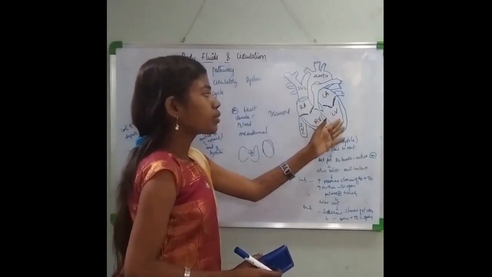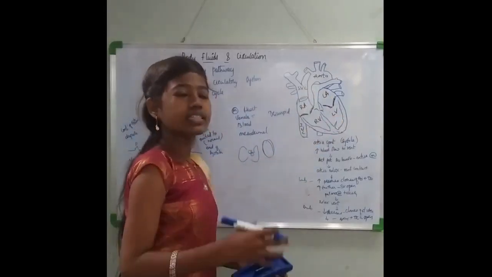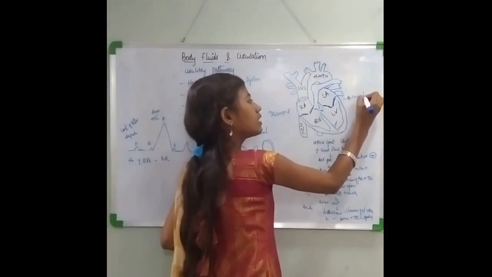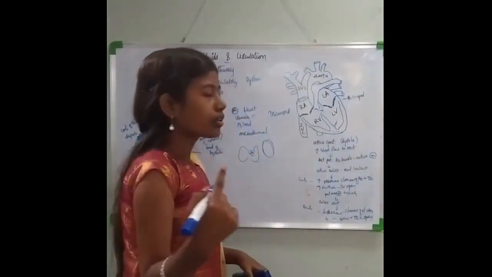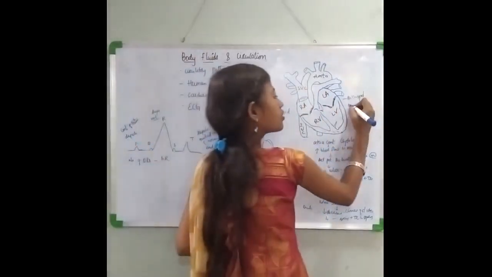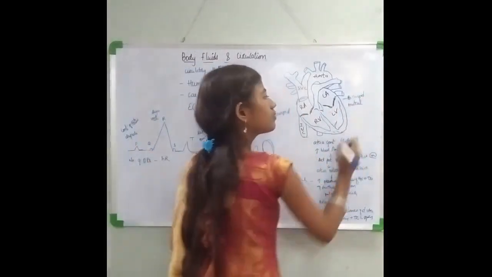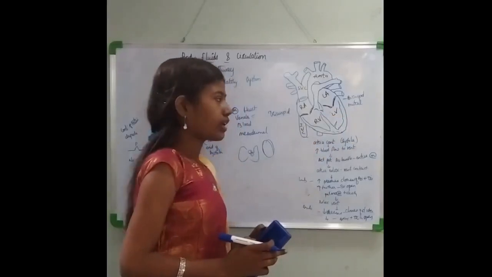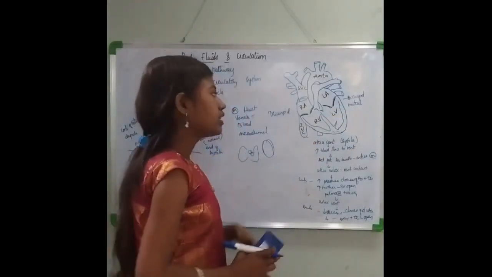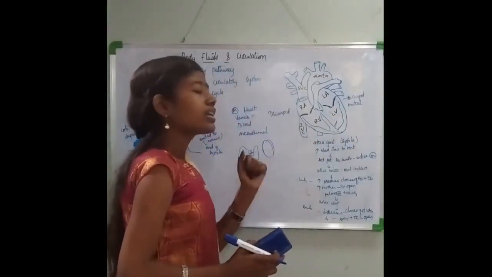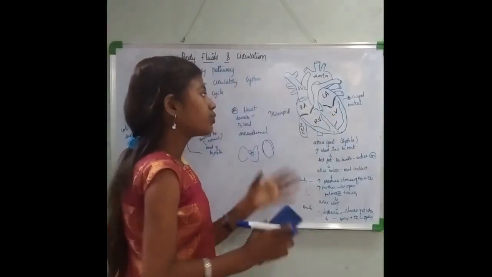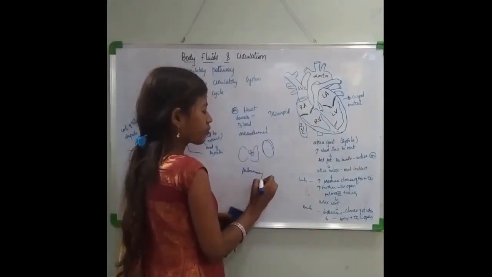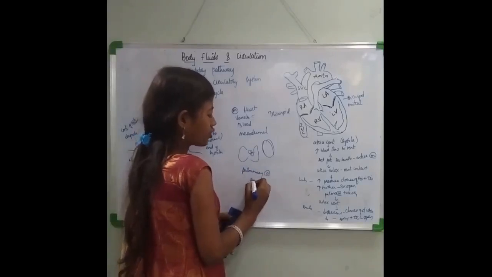Whereas the left atrium is opening into the left ventricle and it is guarded by the bicuspid valve. That means it has two muscular flaps. The bicuspid valve is also referred to as the mitral valve. So here you have the tricuspid valve, here you have the bicuspid valve, which is also referred to as the mitral valve. Now these are the valves. Now there is also a valve which will direct the opening into the pulmonary artery and the arch of aorta.